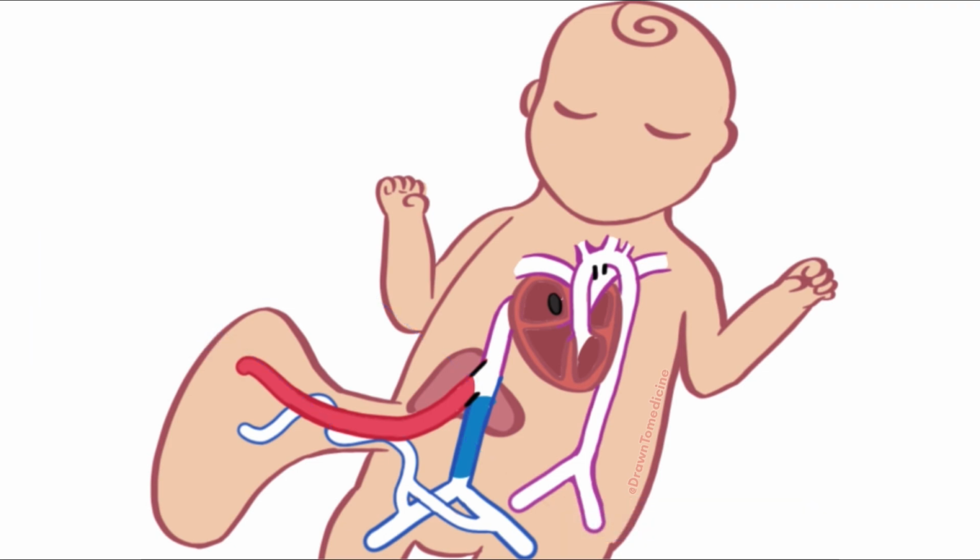Now, as you may realize, the umbilical vein carries oxygenated blood and the inferior vena cava is carrying deoxygenated blood. So when these blood vessels merge, it forms some partially oxygenated blood. Then I'm going to depict this partially oxygenated blood as purple for the sake of this animation. Now, the rest of the inferior vena cava courses through as you would expect and drains into the right atrium